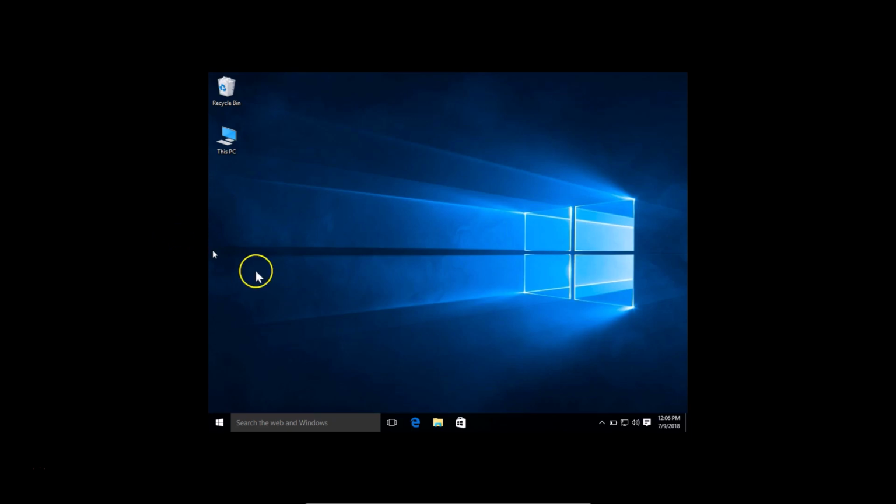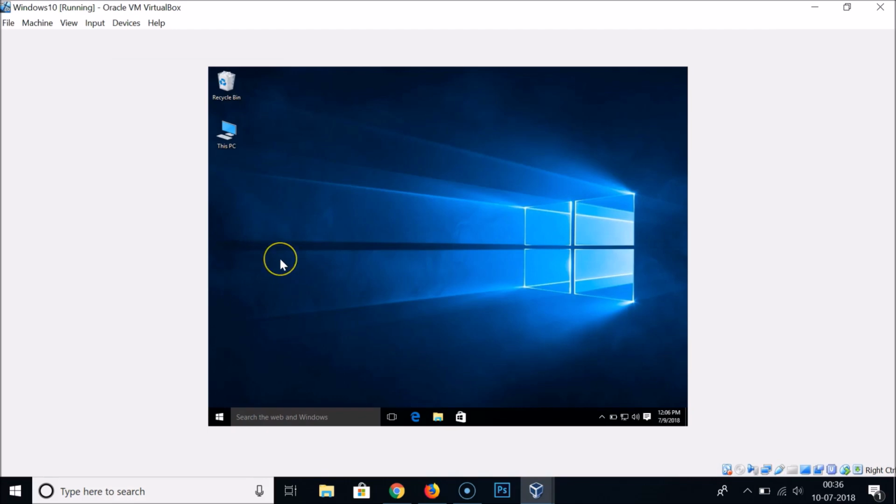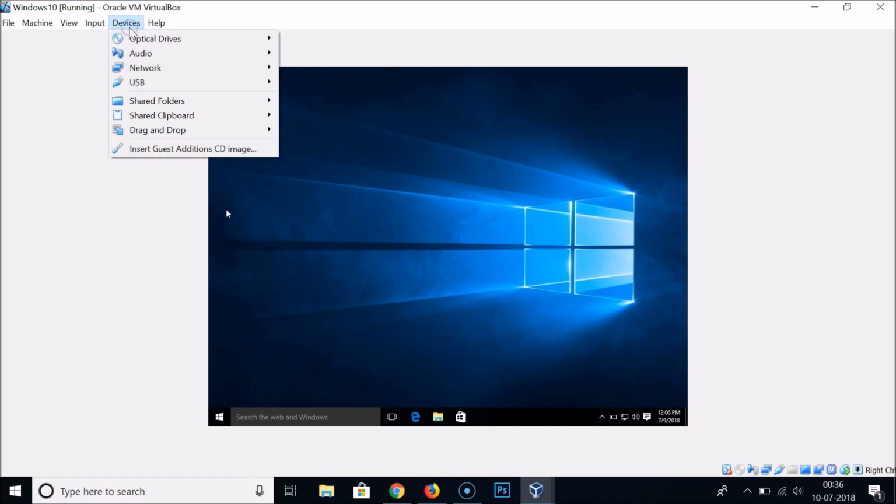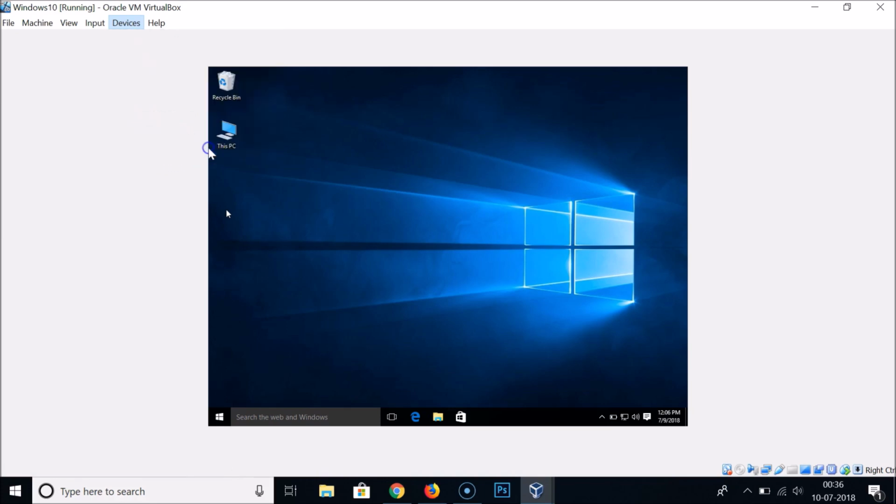Okay, so let me go back to window mode, and guys, you need to install the guest editions. Okay, so to do that you have to go to this devices menu and click on this insert guest editions CD image. Click on that, and here we have this notification. Click on that